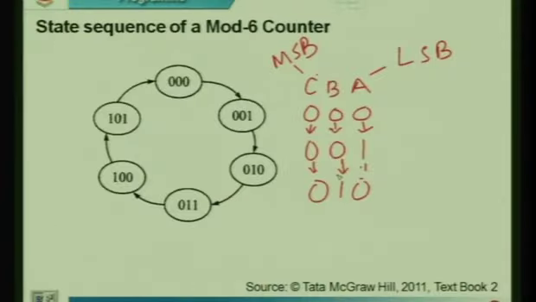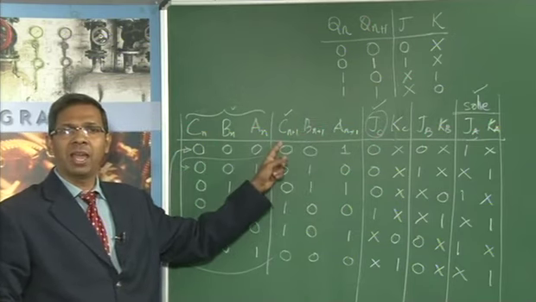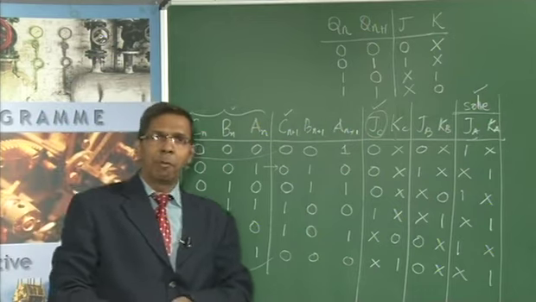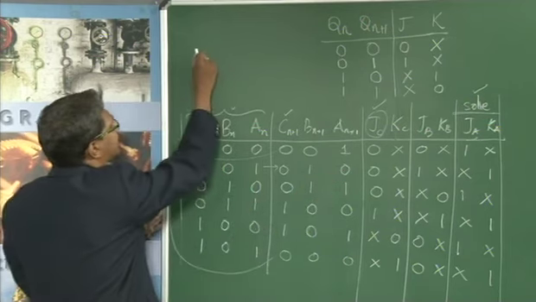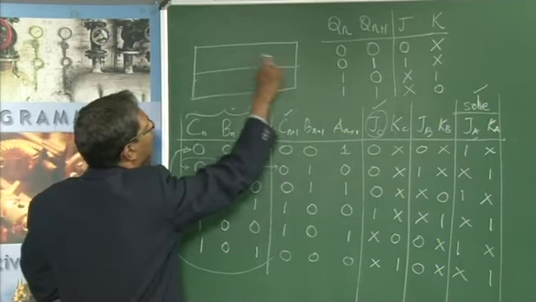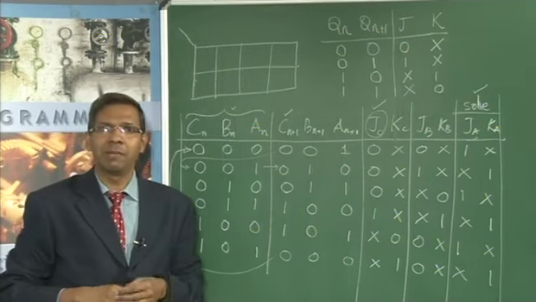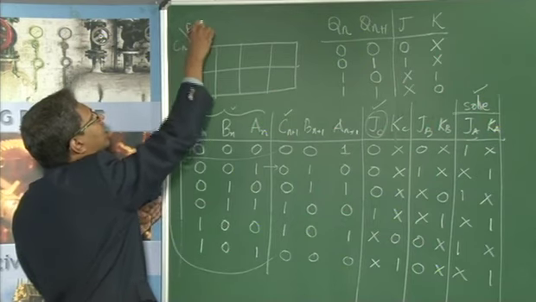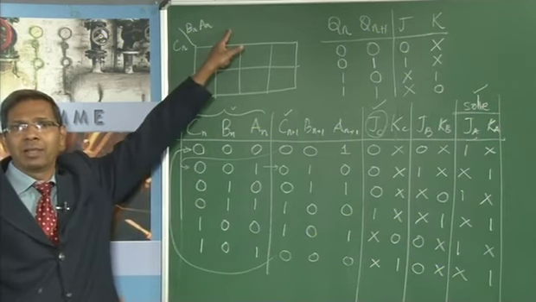So now it is 3 variables, right? Basically I want to express JC as a function of C, B and A, because C, B and A are the input variables. How do I want to interconnect the flip-flop inputs from the outputs of the flip-flops? For that I am going to construct a 3 variable K map. What does the 3 variable K map have? This is how it's going to be. You start with the MSB here, and then you have the LSBs, that is, C is on this side, B and A are on that side.